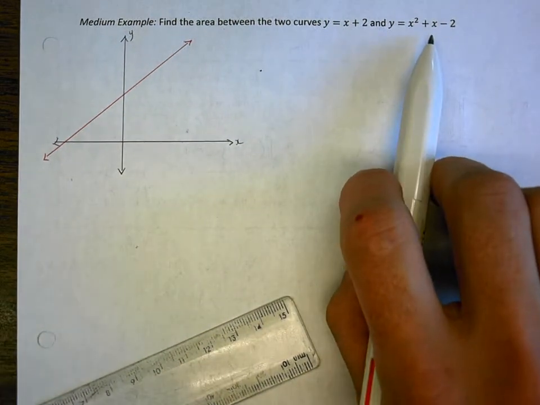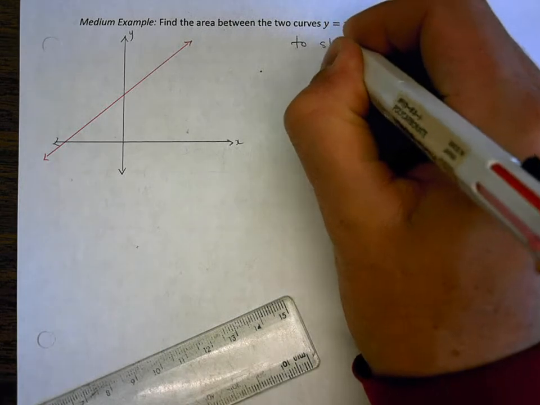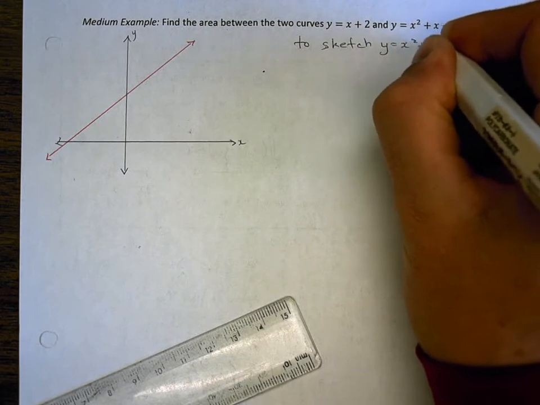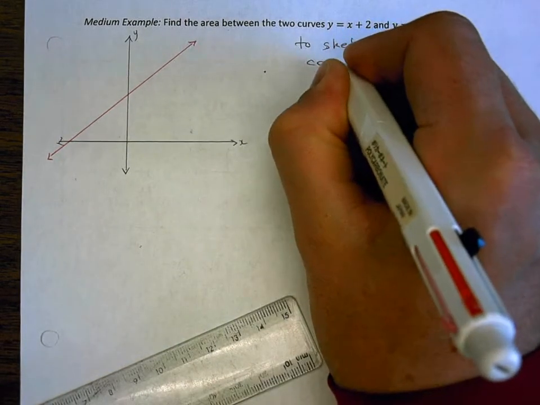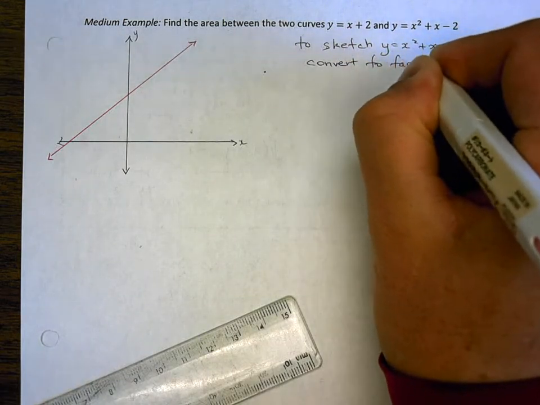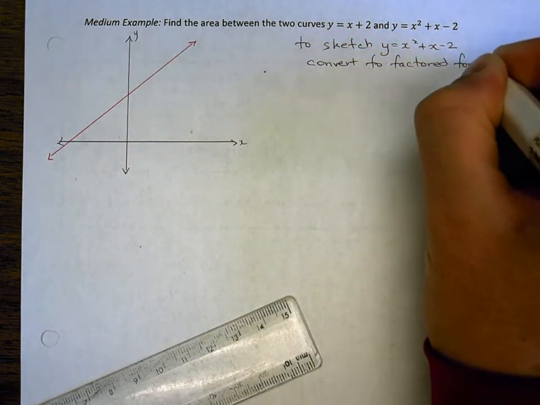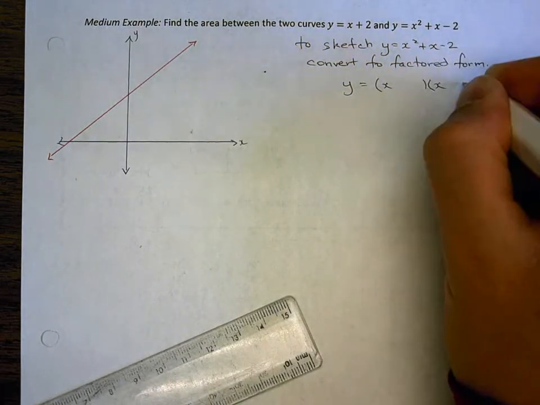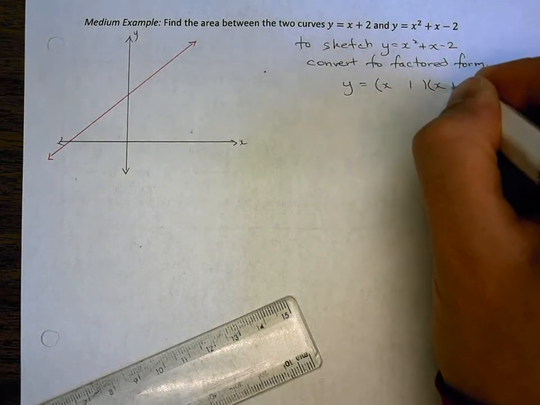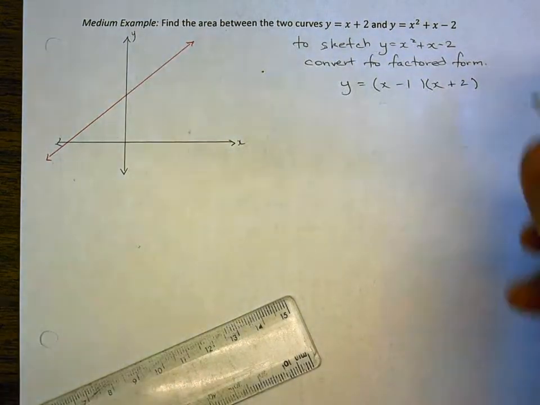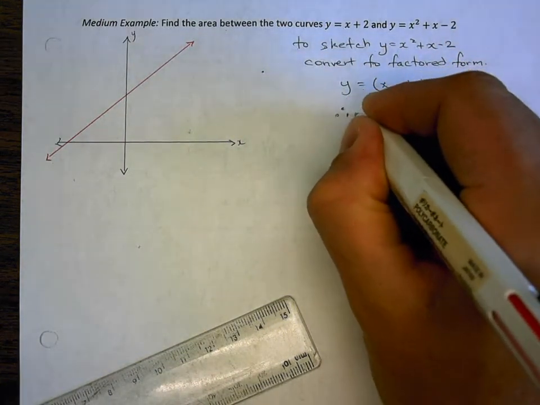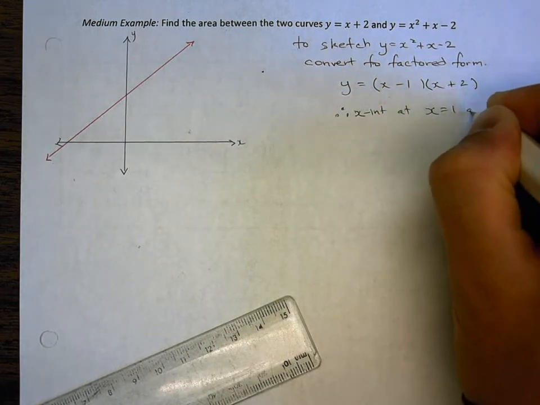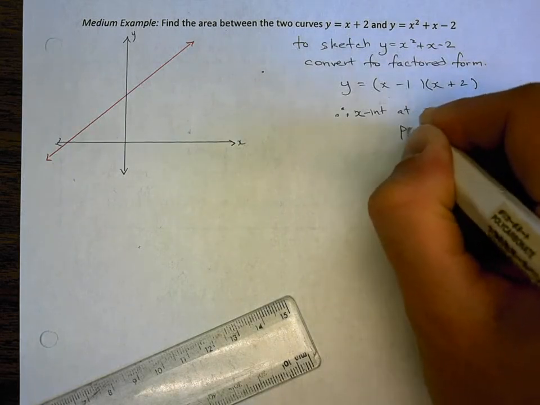I don't know how to graph that. Well, to sketch, I do know how to graph it. I have to remember my quadratic skills. To sketch y equals x squared plus x minus 2, we have to convert to factored form. So let me factor that. It's probably factor it by inspection. I have a 2 and a 1. The 2 is more positive, is more powerful, so it gets like that. So therefore, I have an x-intercept at x equals 1 and x equals negative 2, and the parabola opens